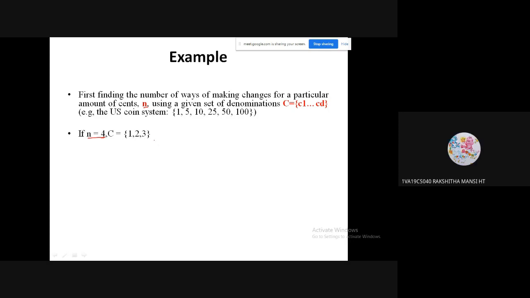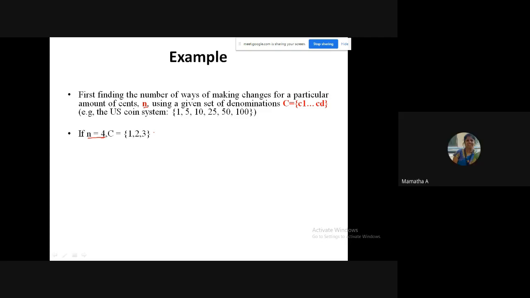1 and 3, ma'am. No, all solutions. Forget about the fewest number of coins. Give me some solutions. 4 coins of denomination 1, yes. One possibility is you can give me 4 coins of denomination 1, or you can give me 2 coins of denomination 2, or you can give me 2 coins of 1 and 1 coin of 2.